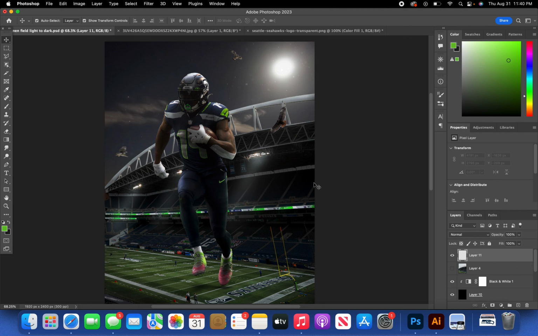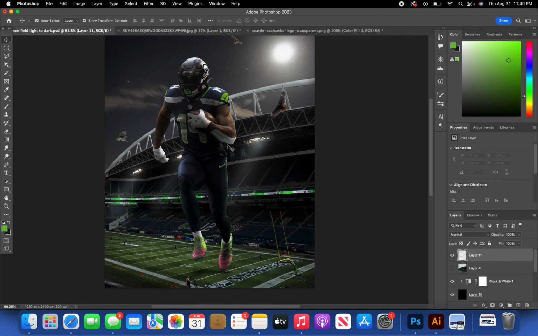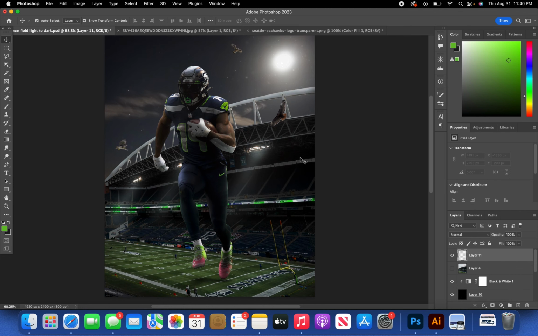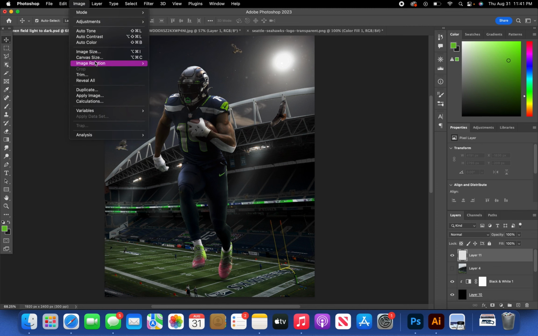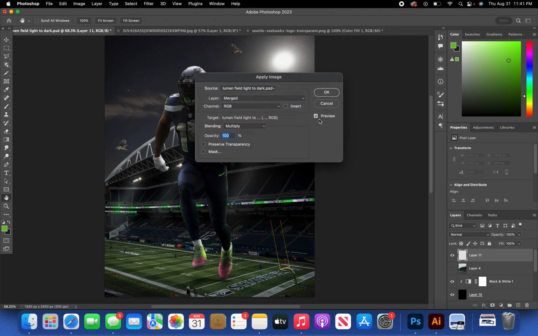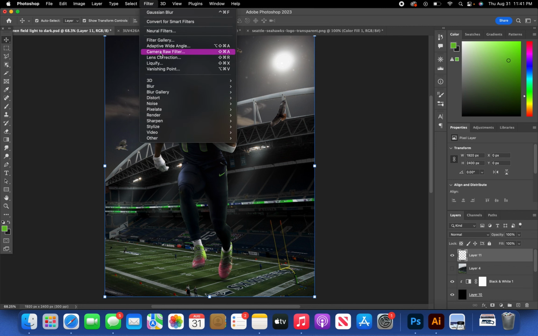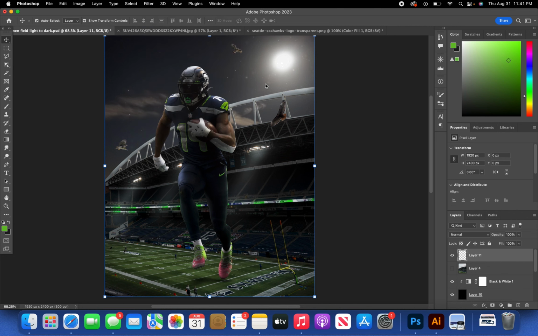So I actually forgot to record the final part of this. I was recording yesterday. It was August 30th. I forgot to record the final part. Y'all are probably not gonna notice, but I forgot to record the final part of the whole design. So for the final part of the design, you're gonna just open up another layer, go to image, apply your image, and then what I forgot to do yesterday was apply camera raw filter. So go to filter, camera raw filter,